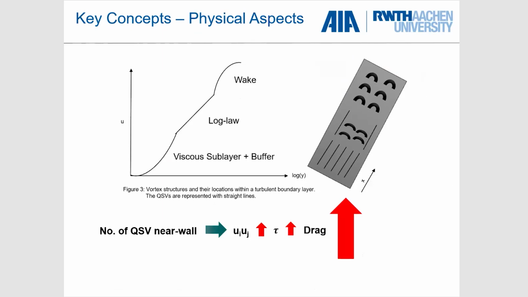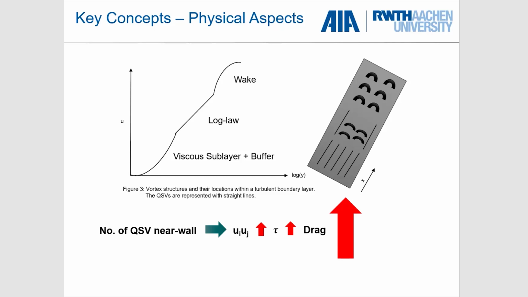And in order to understand the mechanisms behind this, first we have to take a look at quasi-streamwise vortices. Here in this figure, you can directly recognize a traditional turbulent boundary layer consisting of the viscous sublayer and the buffer layer, as well as the log region and the wake region. And on the gray plate to the right side of the figure, we have straight lines, which represent the quasi-streamwise vortices that are aligned in the streamwise direction and dominating the flow in the near wall region. However, their effects start to fade away as we move further away from the wall, as they leave their presence to